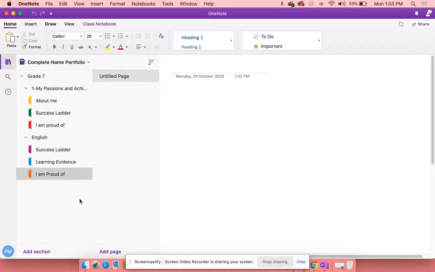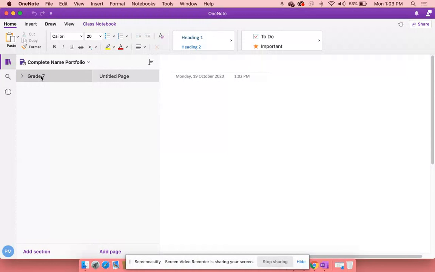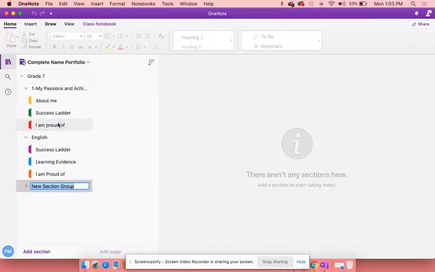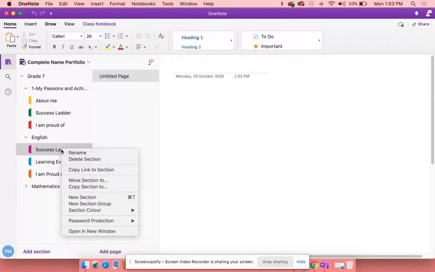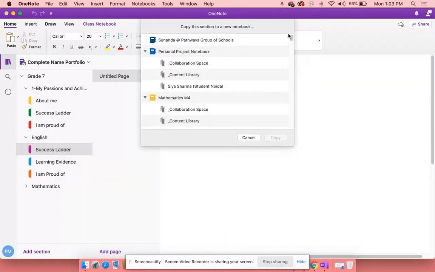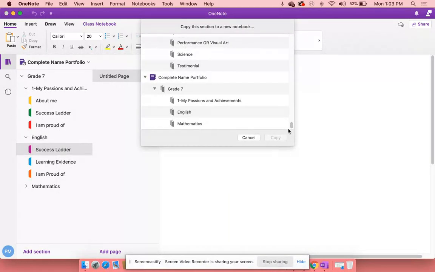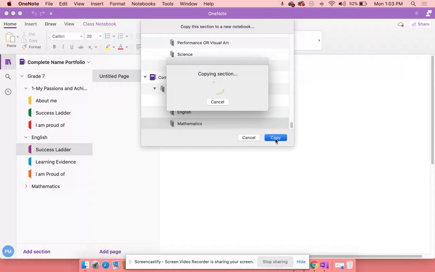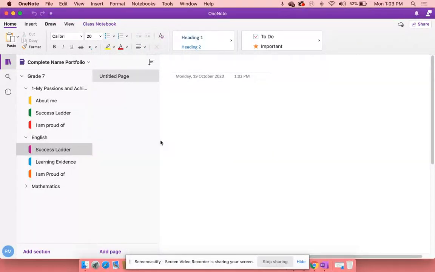After this, you create another group. You go to grade 7, click here, new section group. The new section group is mathematics. Fine. Now I don't need to create pages. I can just copy them, all these pages here. So I go to success letter, I click copy section to, and I look for mathematics under complete name portfolio, mathematics, copy, and it will automatically move the sections there.